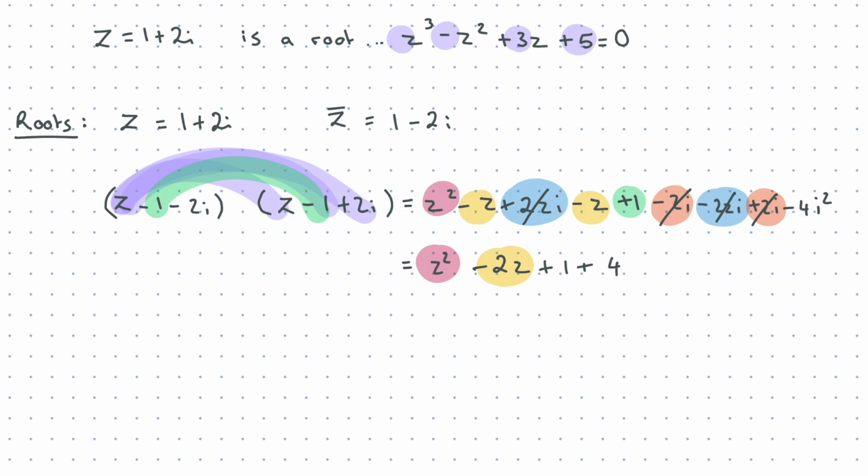So that's everything kind of condensed down here, but I can of course tidy that up a little bit more for myself to make life a little bit easier. So I'm going to have z squared minus 2z plus 5 is what that worked out to be. Now